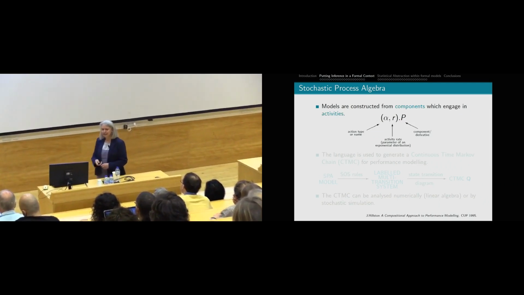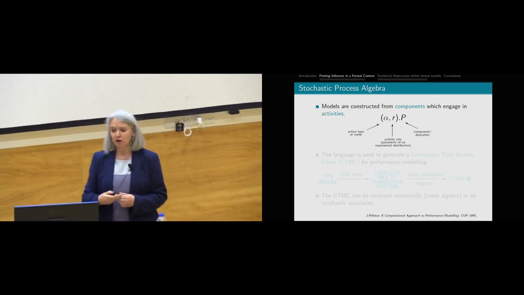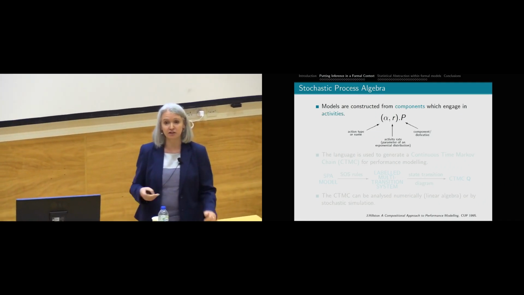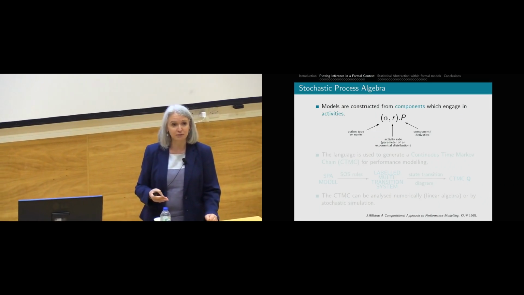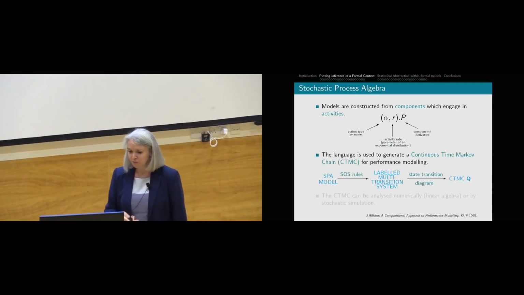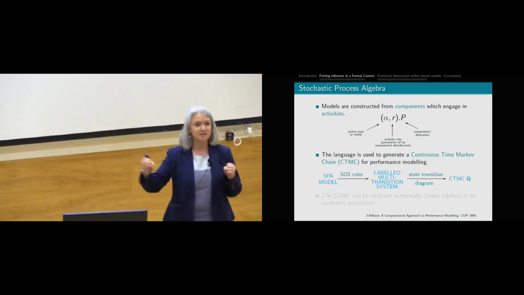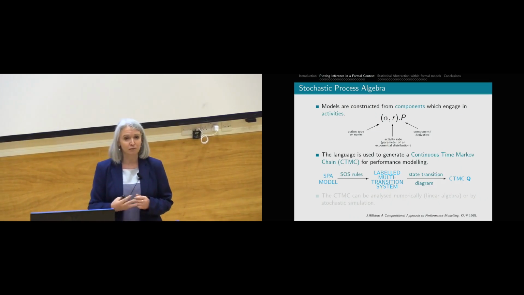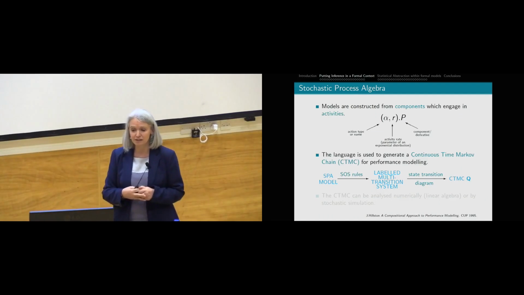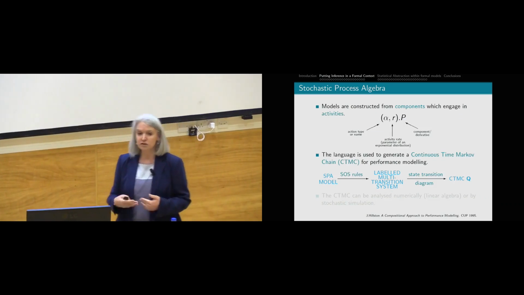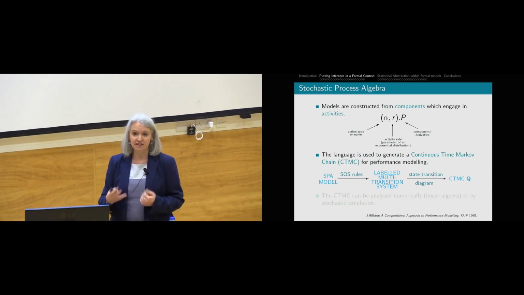Now this could get very complicated, but we choose to make our rates be the parameters of exponential distribution. So in other words, we say that durations are random variables that are exponentially distributed. And that makes our life very simple because it means that when we build our labeled transition system, when we look at the states and the way we move between them, it means we fall into a particular category of mathematical process called a continuous time Markov chain, which has a property of being memoryless. And so we don't need to keep clocks or anything. We can think of this as just like a state machine with some extra information and some extra ways of